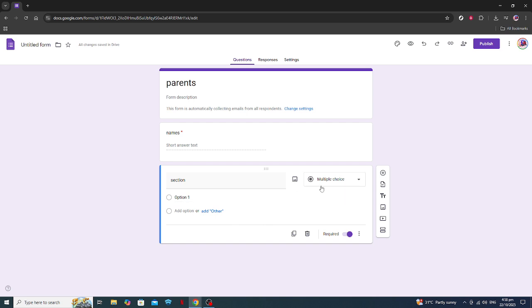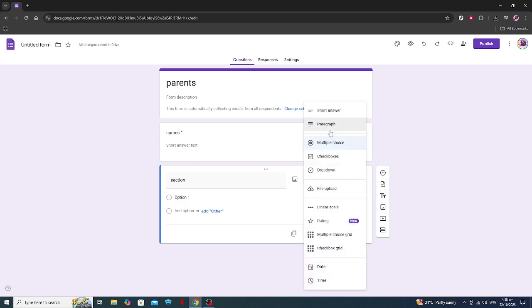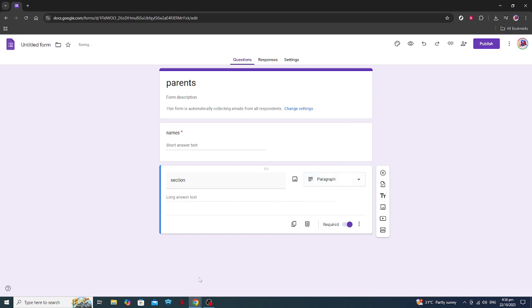Consider adding a section for any additional information parents might need to provide. This could be a note or comment section where they can add anything specific they want to discuss during the conference. Again, using a paragraph option will allow them to write free text responses, offering them more space to express